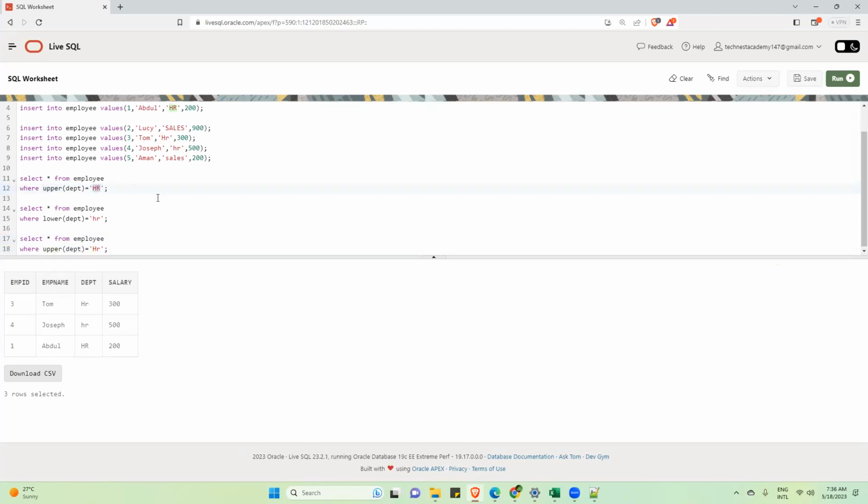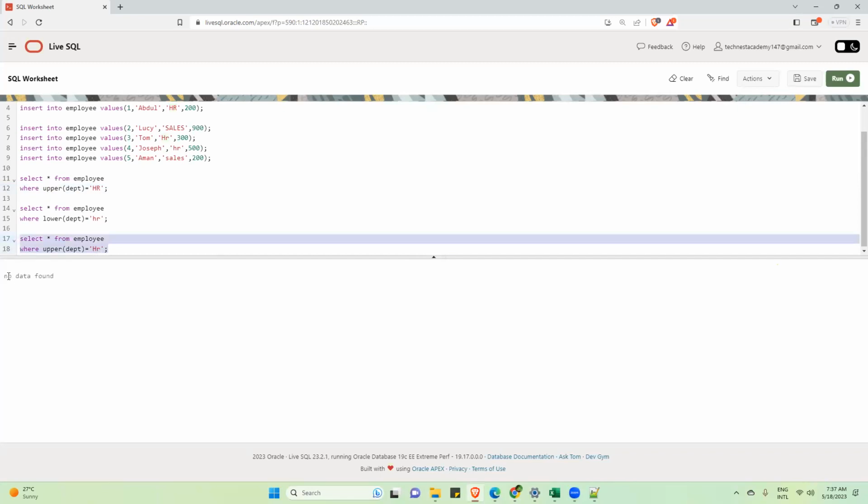The reason I discussed yesterday in the yesterday class, I will request the guys who have joined today to please go through the recording of yesterday's class. If you're getting stuck somewhere, you can connect with me. So you have written upper here, then this has to be all in uppercase only. Here I have written H in uppercase, R in lowercase. So this will give no data found.